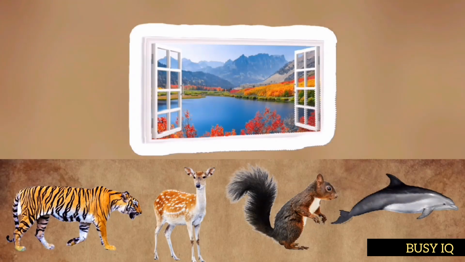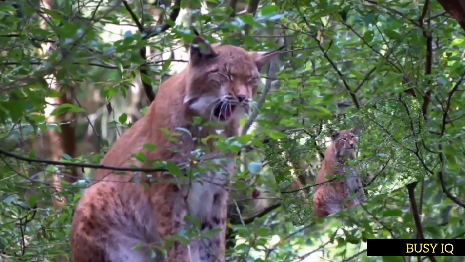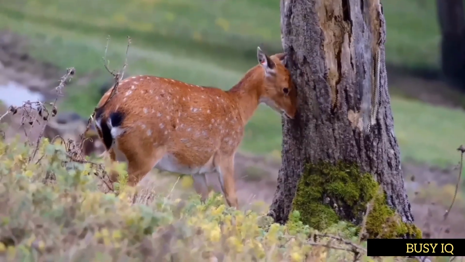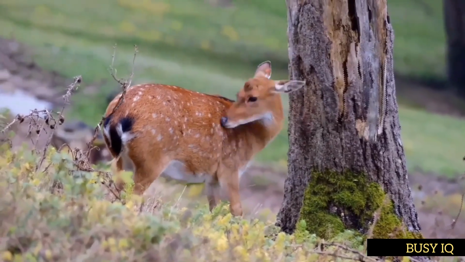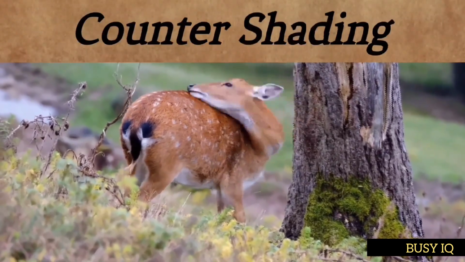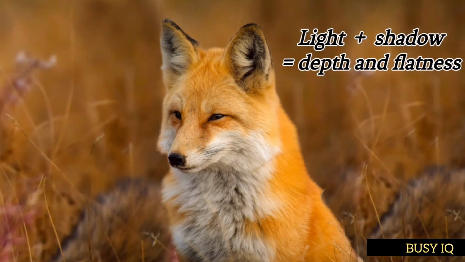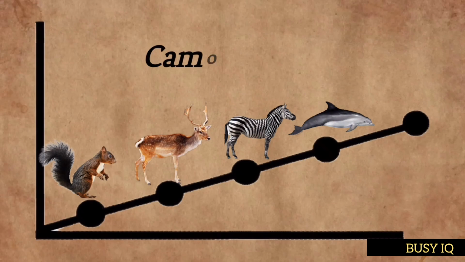Thayer discovered animals also had three-tone color patterns. But obviously, animals are not pictures. If so, why do they have color shades? This dark and light color pattern of animals is what present-day biologists refer to as counter-shading. The mechanism of counter-shading in animals involves the use of light and shadow to create an illusion of depth and flatness. Almost all animals have counter-shading colors as a form of camouflage to help them avoid detection by their prey